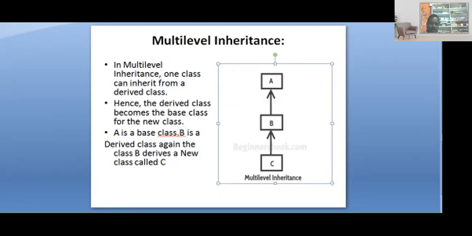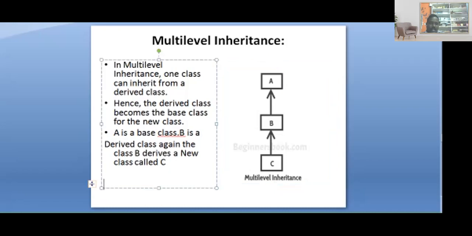For C, B becomes the parent class; for B, A becomes the parent class. Again it is grandfather, father, child. This is called multi-level inheritance in Java. That is the thing you have to remember here.